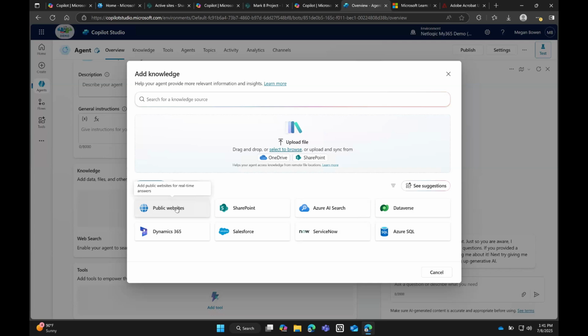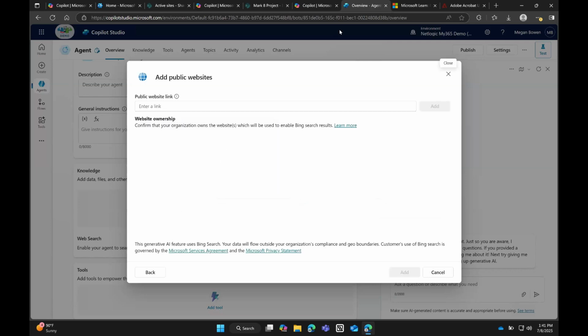So for example, the most recent Copilot Studio agent I created was a tech agent. So let's say you have an in-house IT, maybe you have an external managed service provider, but your staff need that kind of instant help: how do I change this setting in the new Outlook? Why did my Word crash on me? Can you give me a link to do a training on Microsoft SharePoint? As you're building these Copilot Studio agents, we can add in public websites.